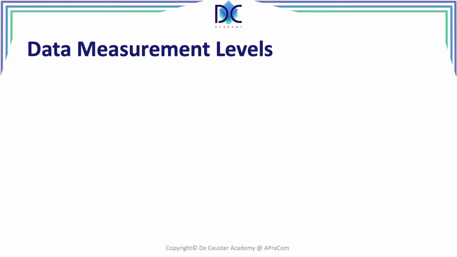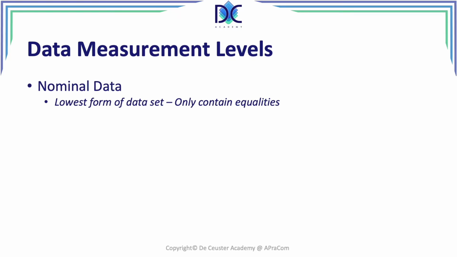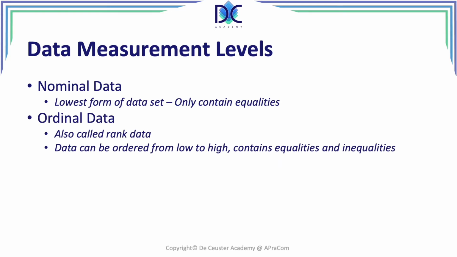Data measurement levels, we have different levels that we can consider. First of all, we have nominal data. So this is basically the lowest form of a data set, and it only contains equalities, only numbers. Then we have ordinal data. We also call them rank data, and here these data we can order from low to high, and they can